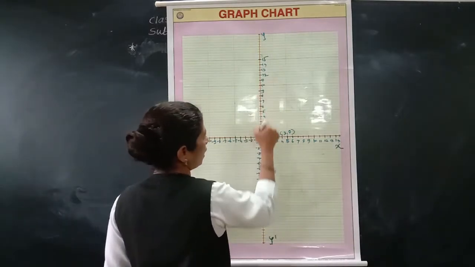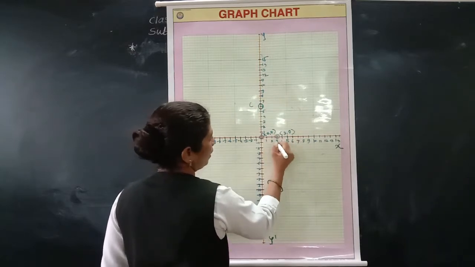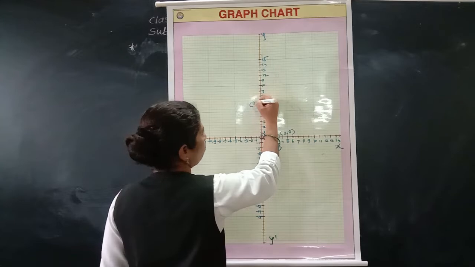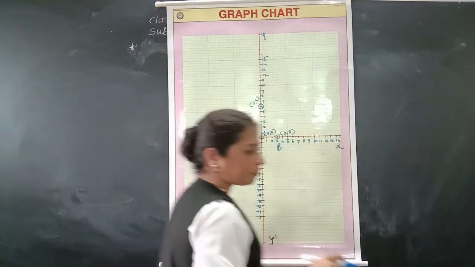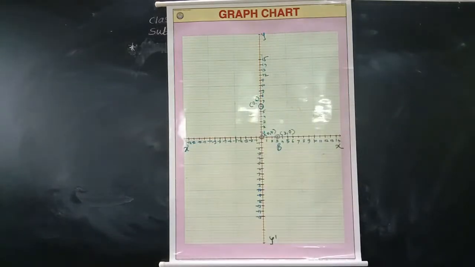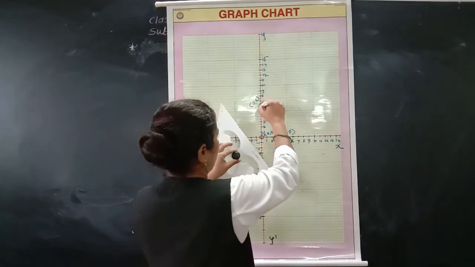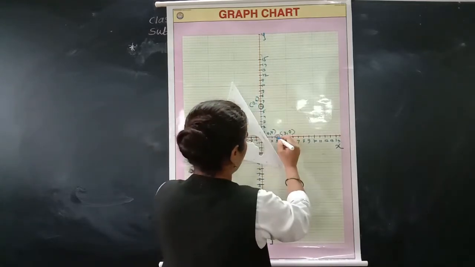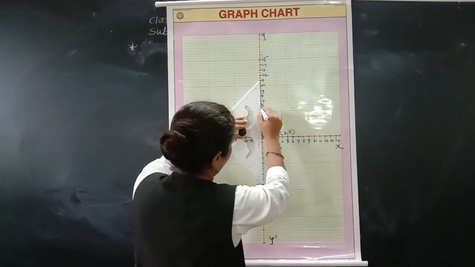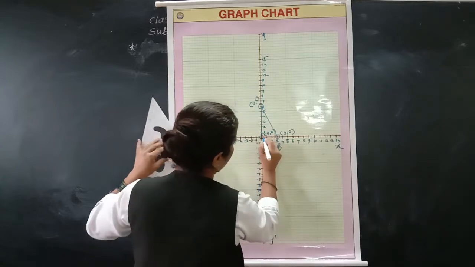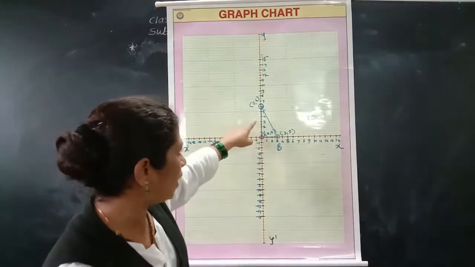So it will lie on which axis? Y axis, right? So this is the third point C. This is your point B and 0, 6. So we have to find the area of the triangle formed by these. Here we have to join these two points. See here A, B, C. So this B point and C point we will join. This already is the x y axis and this x axis line. So here we got the triangular area. So we have to find the area of the triangle.